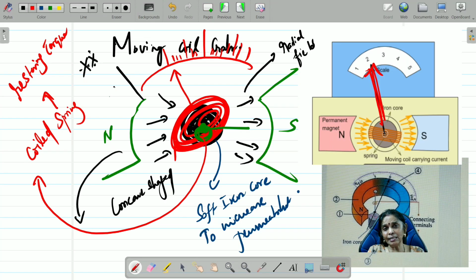But since it is very bulky, it doesn't come back to the original position very soon. In order to make it come back to the original position, I'm using a coiled spring which is made up of phosphor bronze, because it has a high tensile strength, and even the smallest deflection it is going to be measuring or detecting. So it has a high tensile strength and low value of torsional constant. Such kind of material is phosphor bronze string. Okay, children, so that cross-sectional view is given here. You can have a view over it.